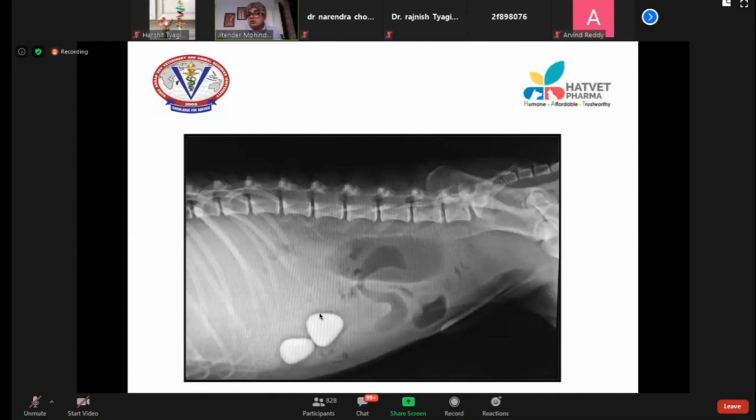Foreign bodies, stones, these are stones actually, we operated on it. And these foreign bodies are causing trauma to the intestine, which has led to peritonitis or fluid effusion, or peritoneal effusion. So my first priority differential is there are two foreign bodies which have a mineral or metallic opacity, along with peritonitis or peritoneal fluid. So this is how I go about diagnosis.